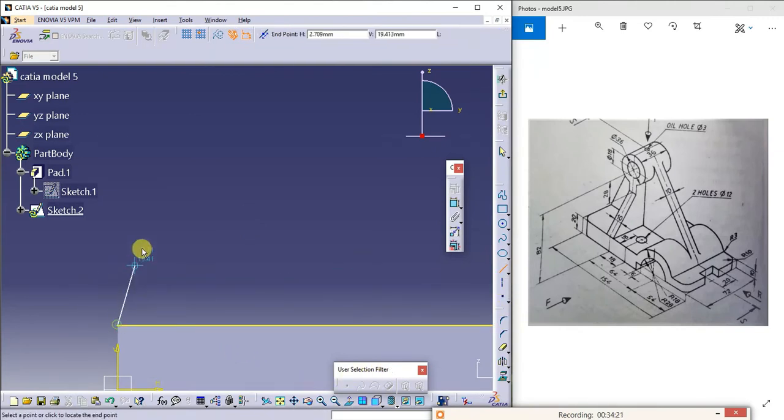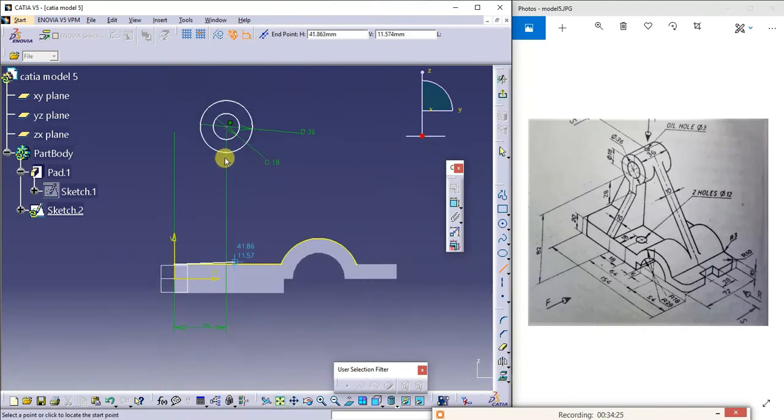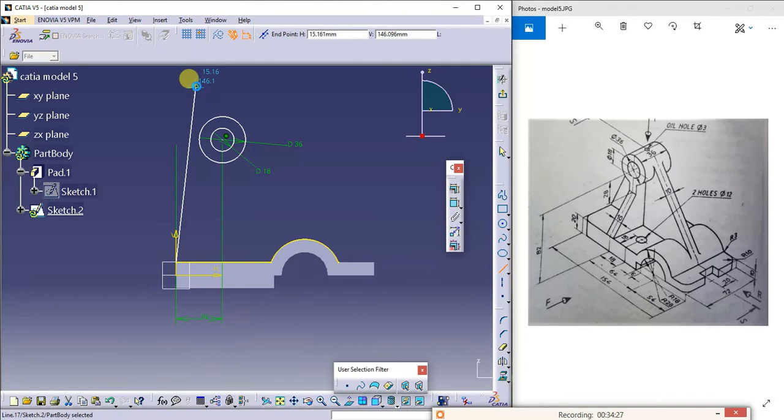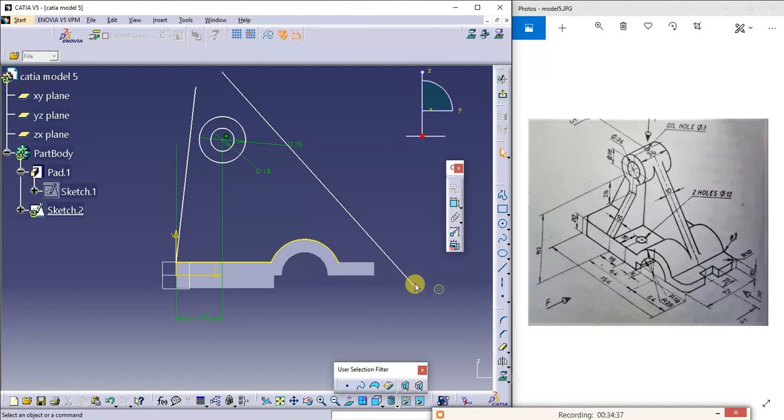From this edge, I'll draw a line like this. Next, one more line, I'll draw like this. Now I'll give the tangent command.